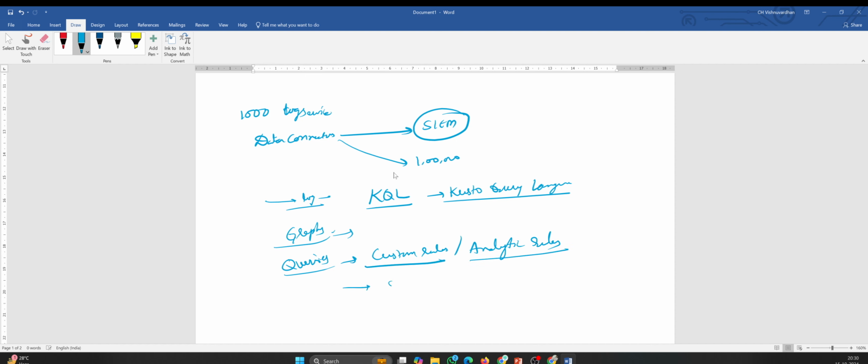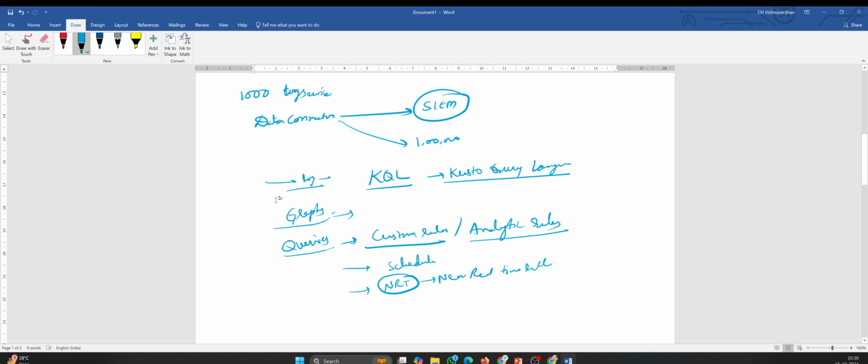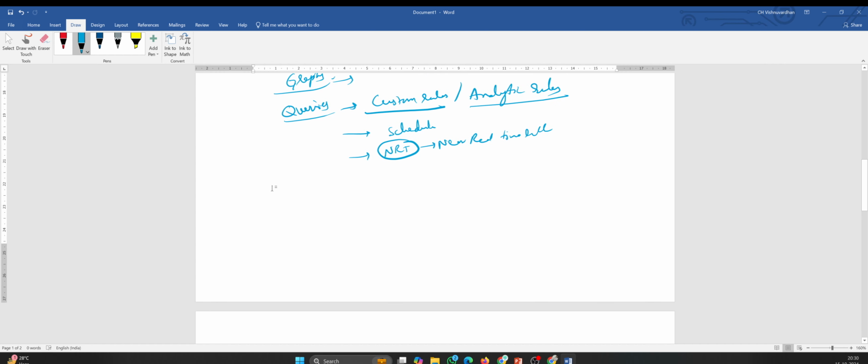Inside, we again have scheduled rules and NRT rules. NRT means near real time rules. We will learn this in our Kusto language, and also first, how to identify our table, and the KQL data structure.